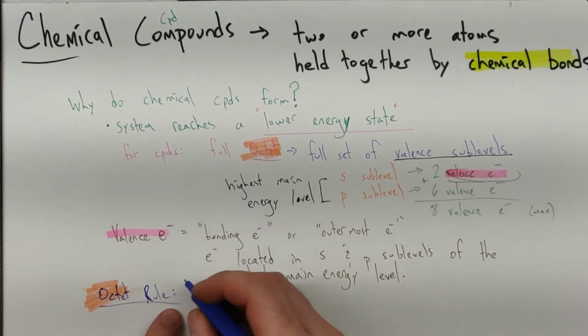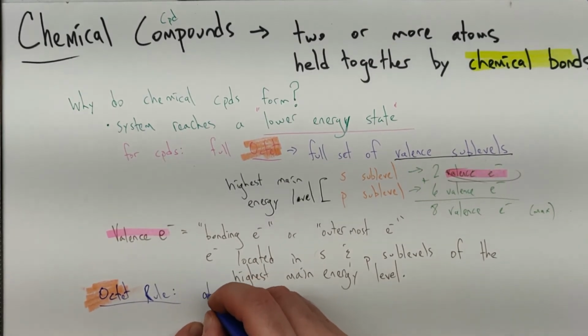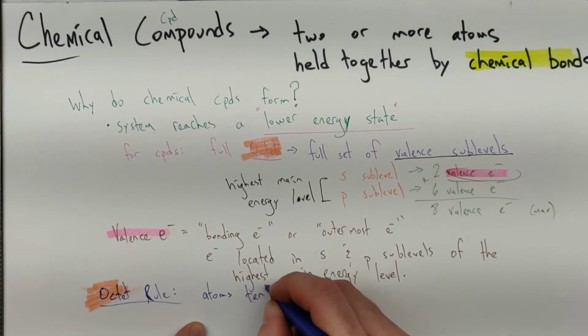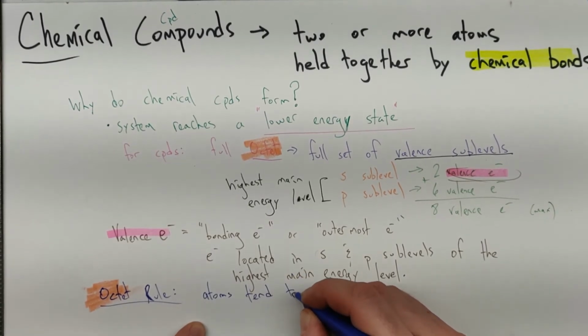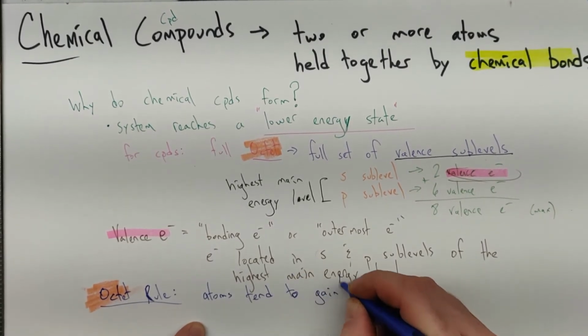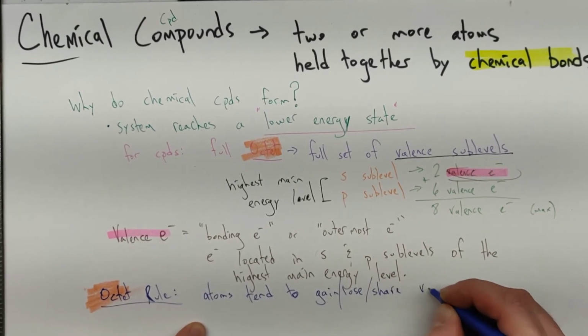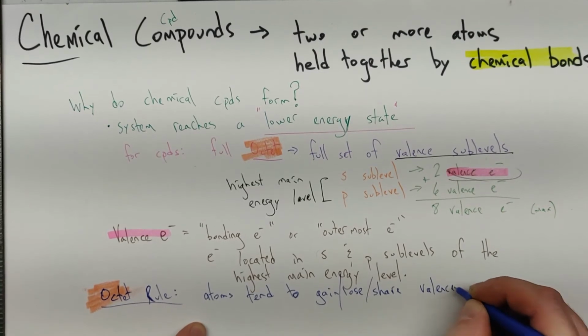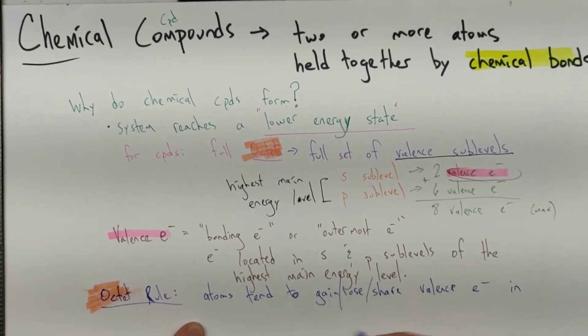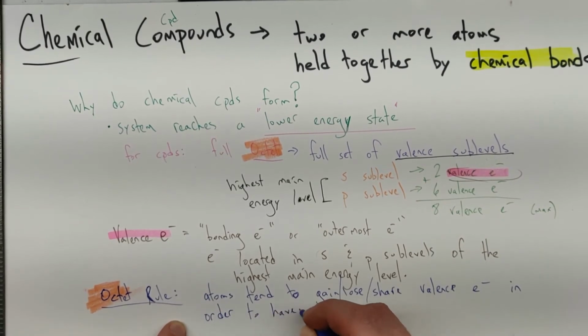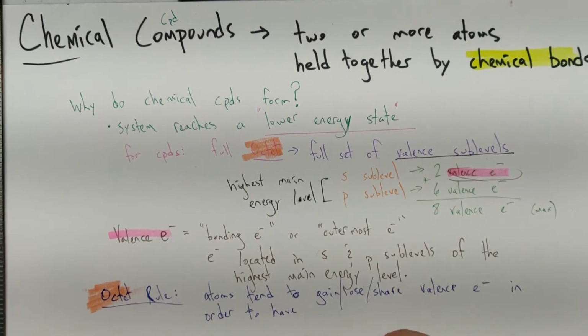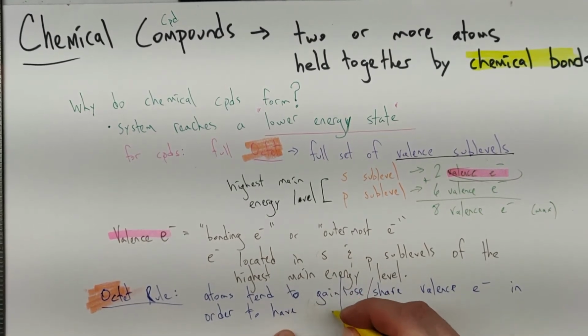So for our octet rule, that first part's going to stay the same. Atoms tend to gain, lose, or share valence electrons in order to have, and I'm going to put in parentheses here in a different color, which you probably see in most cases in textbooks, 8 valence electrons,